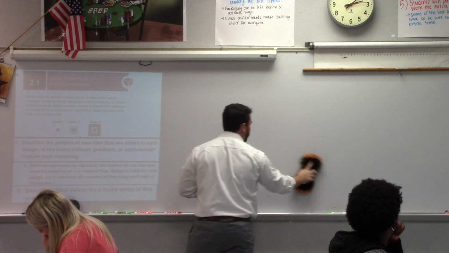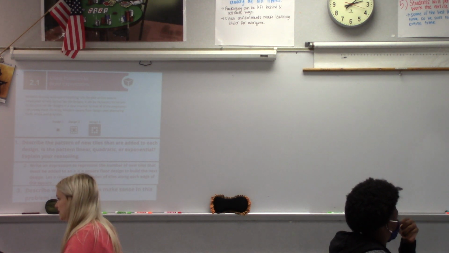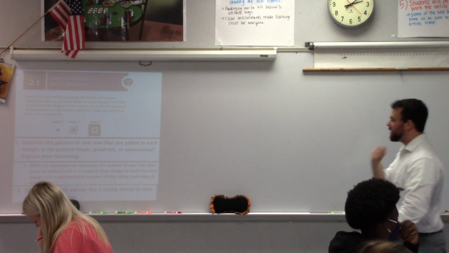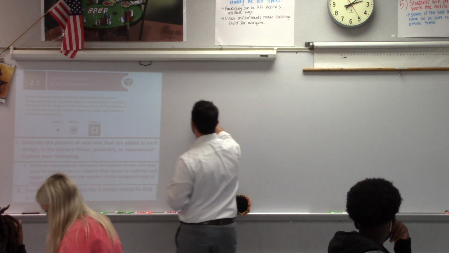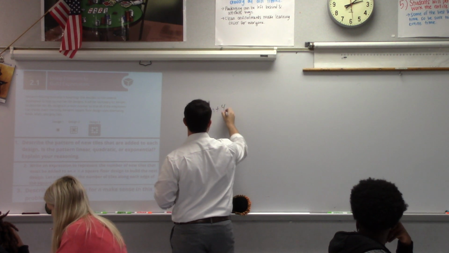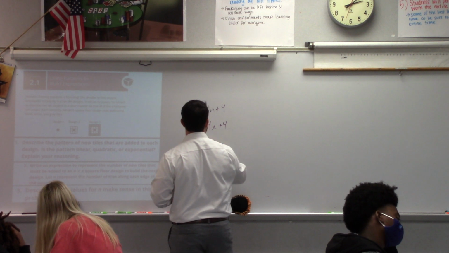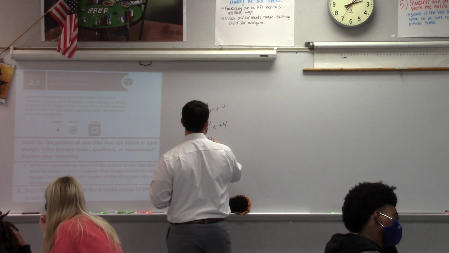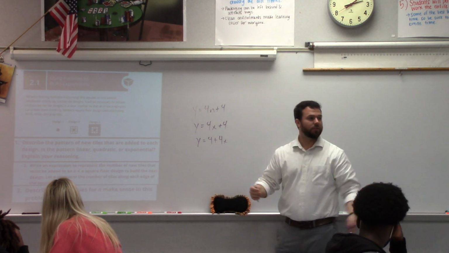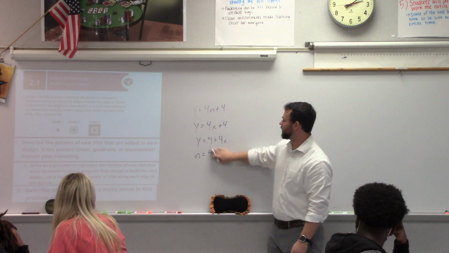A lot of us started making a table, and I think that's a great thing, especially on the calculator. And I will say, I think eventually everyone got to the same equation here. Y equals what? 4n plus 4. So 4n plus 4 or 4x plus 4. I saw 4 plus 4x, which is just a backwards version. And then y'all defined your variables differently of n equals 4d, or 4 plus 4d, I think is what y'all